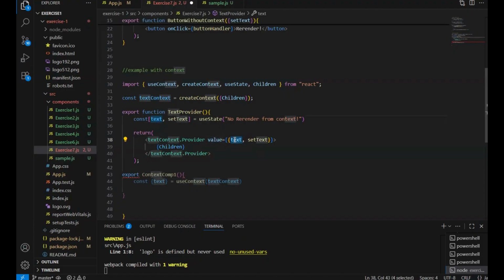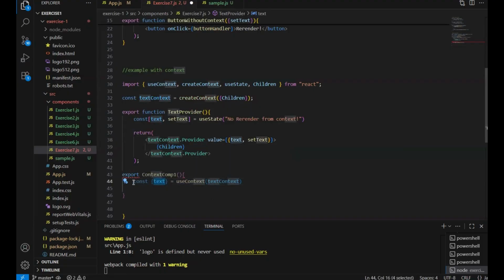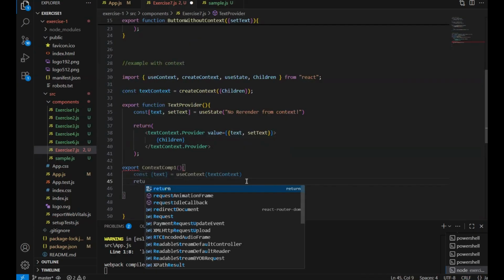It's going to grab it from there and create another constant called text here for me, and assign whatever value this text has to this new text that has been created. And then I'm going to return,